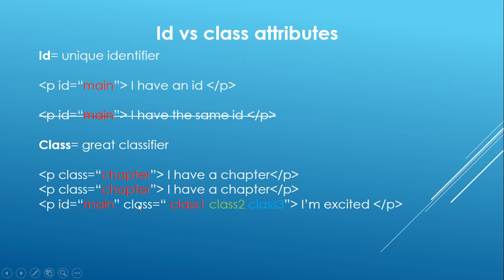And the last difference between ID and class is that with class we can have different classes within the same element. We can have class 1, class 2, and class 3, while we can have only one ID. So what we can do with an ID, we can also do with a class. But what we can do with the class, we cannot do with an ID. I'm going to give an example to clarify what I mean by ID and class attributes. Let's go back to our website